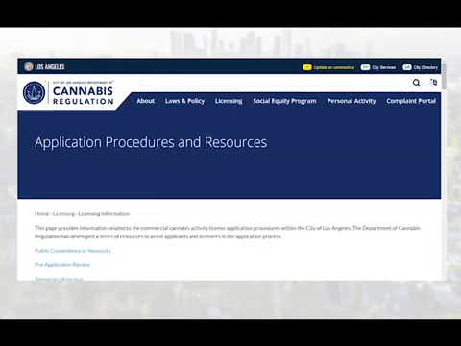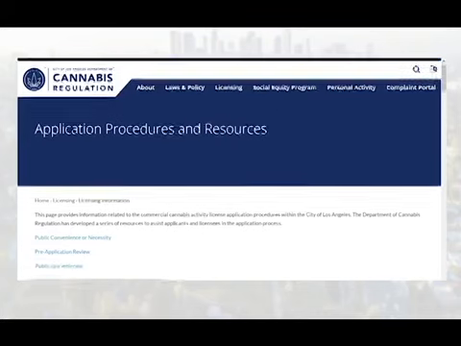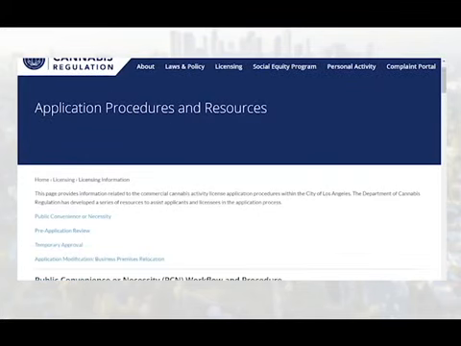We encourage members of the public to review this page in its entirety and click through the various links to access the information included in our Information and Procedures bulletins, as well as the information included on the Application Procedures and Resources page.